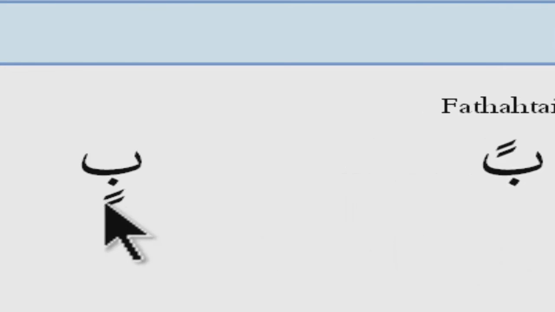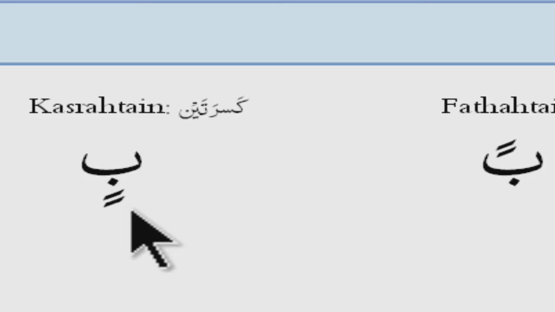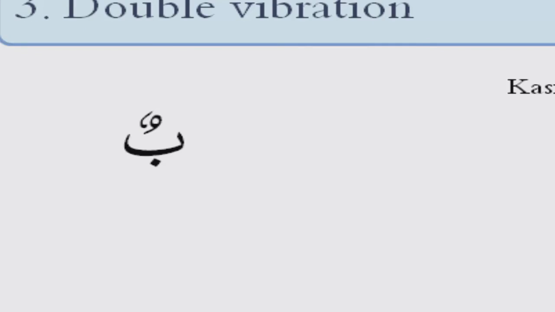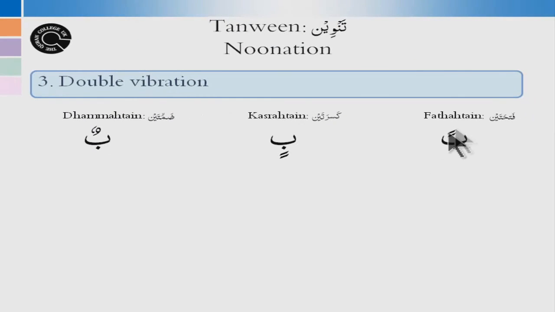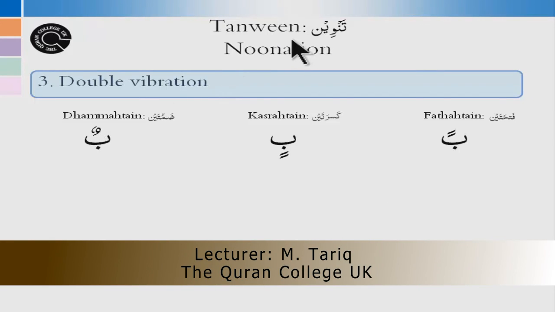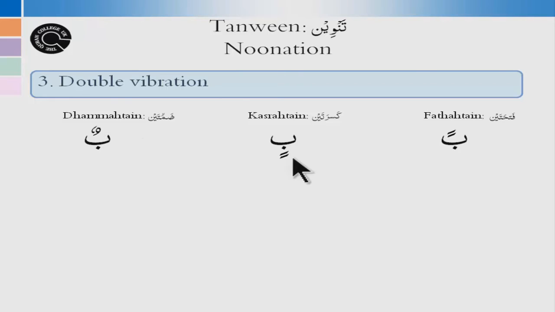Second one, when there is kasra and you change it into the double, that would be kasratain. And similarly with the dhamma, when you change it to double, that would be dhammatain. All these three kinds of vowels, fathatain, kasratain, and dhammatain, are called tanween in Arabic. It is not only one of these, but all three together that carry the name tanween. And in English you can call it nunation,